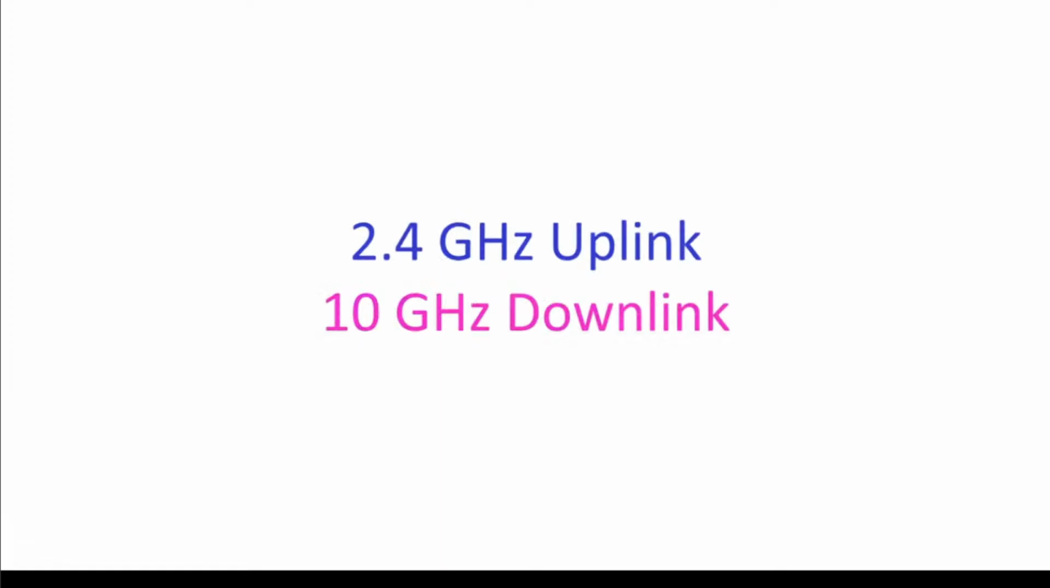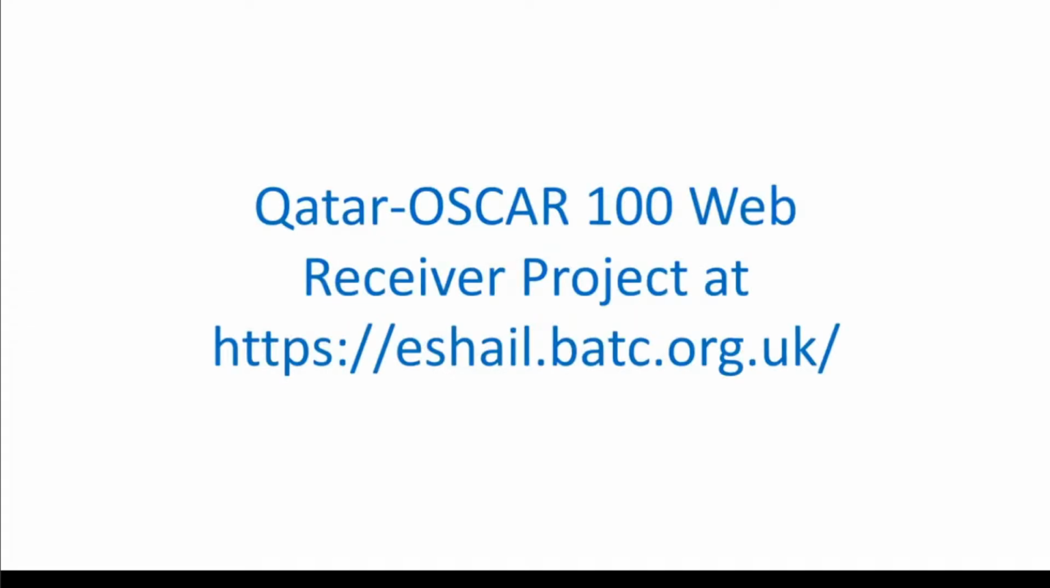Qatar Oscar 100 covers a wide area from Brazil to Thailand. Uplink is in the 2400 MHz and downlink in the 10,450 MHz band. The 250 kHz bandwidth linear transponder is intended for conventional analog operations. The 8 MHz bandwidth transponder is for experimental digital modulations and DVB amateur television. One can hear the activity on the Qatar Oscar 100 web receiver project at